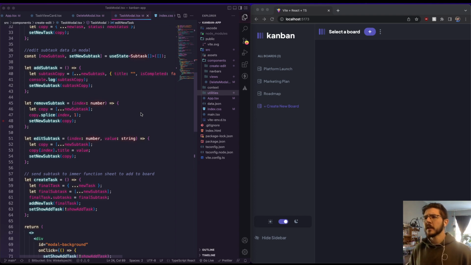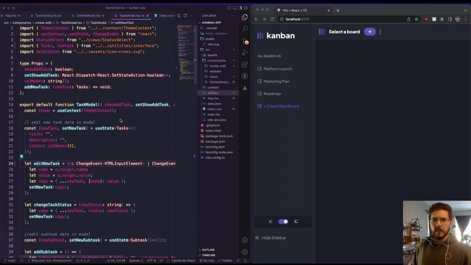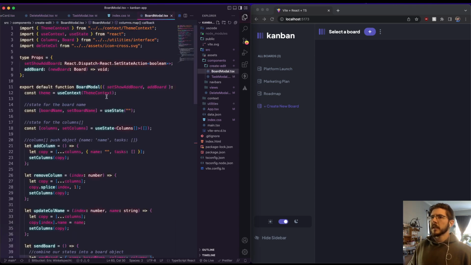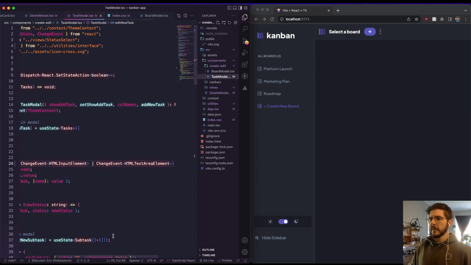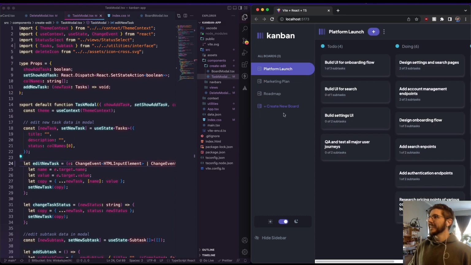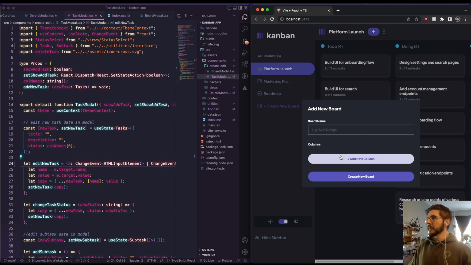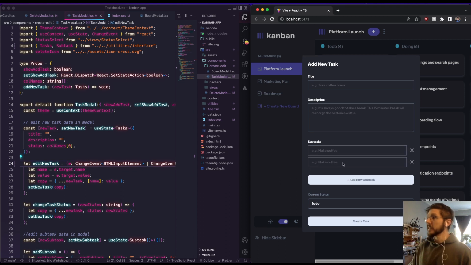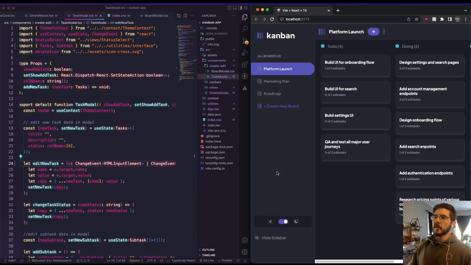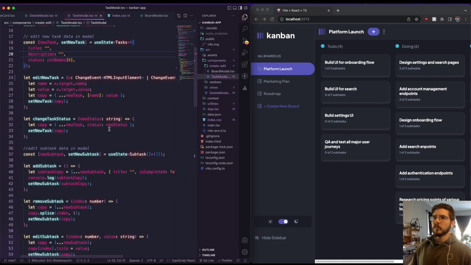The first thing that I want to do today is take a look at some of my files here. In my create edit section, I've got a board modal that makes a new board, and I've got a task modal that makes a new task. That is this little pop-up where we can add more columns, and this pop-up where we can do the same thing, add more subtasks. They're working in the same kind of way, but these files are pretty large,